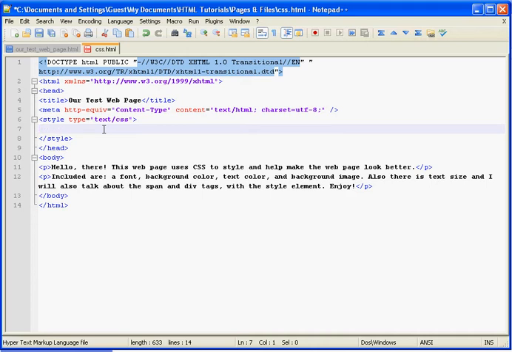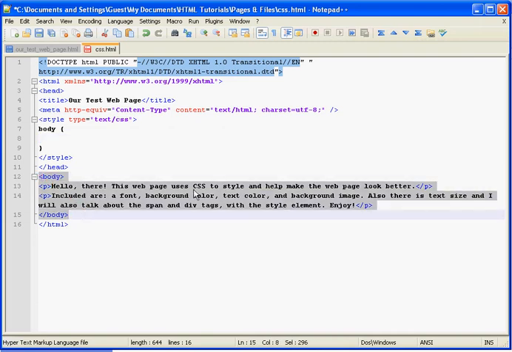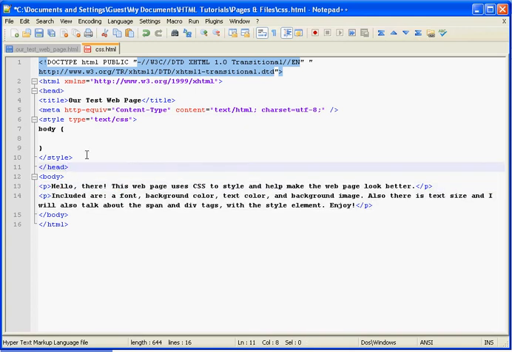Now, what CSS does is that you define an element like body. So that means when we use an element name and then we start a block of code, everything in this block of code will be used to style everything that is in the body element or any other body elements. Since there's only one body tag, we know that it's going to affect everything that you see on the page. So we have body, and then